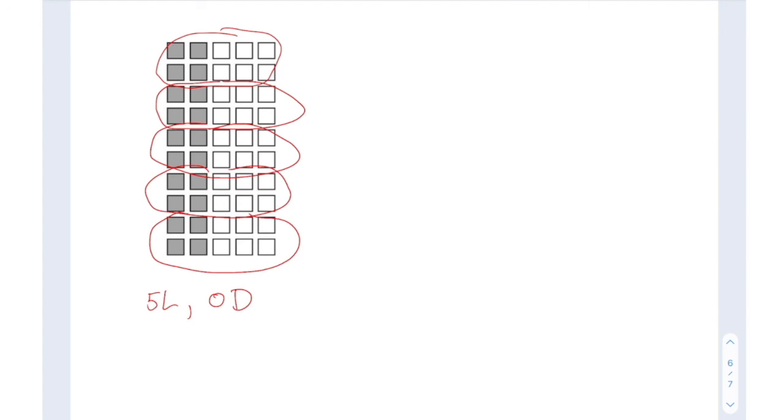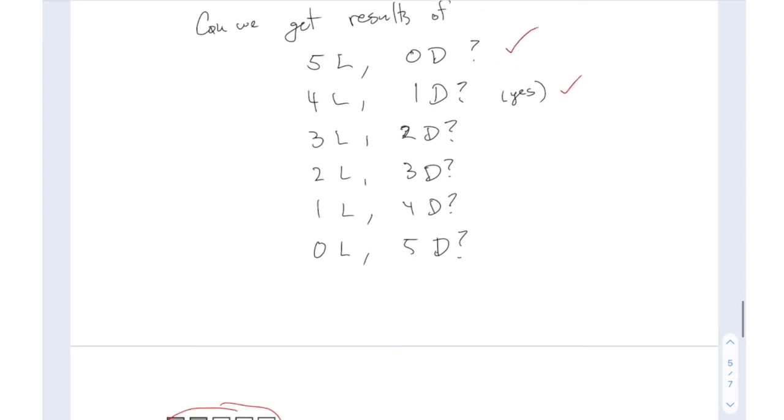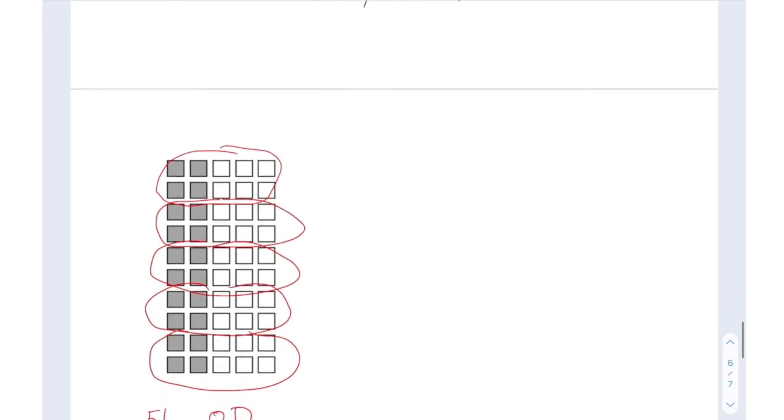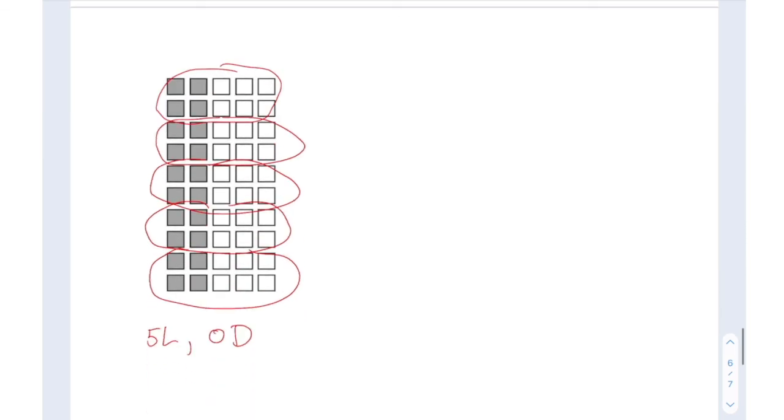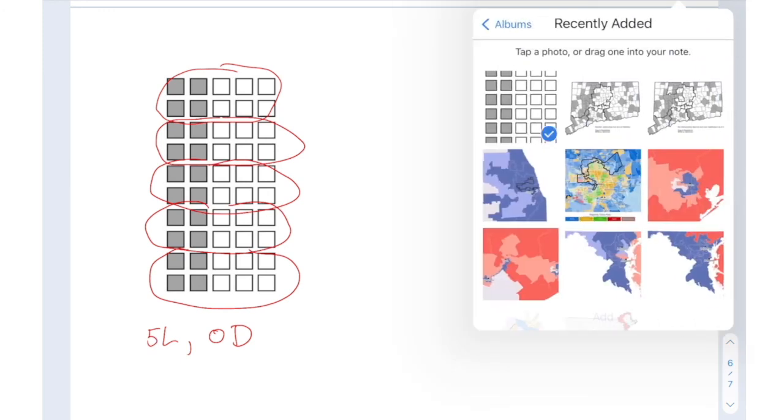Okay, so as far as my question here, can we get these results? Actually, this one is possible. That's what I just did. And this one I did before: 3 lights and 2 darks. Can we do that? There's a similar cute, simple way of dividing it up so that you get 3 lights and 2 darks. Did anybody come up with a cutesy way to do that? Yeah? You just divide the dark squares into 2 districts, and